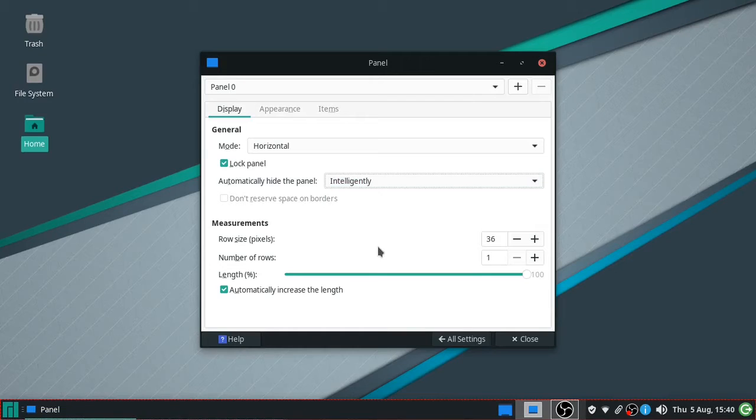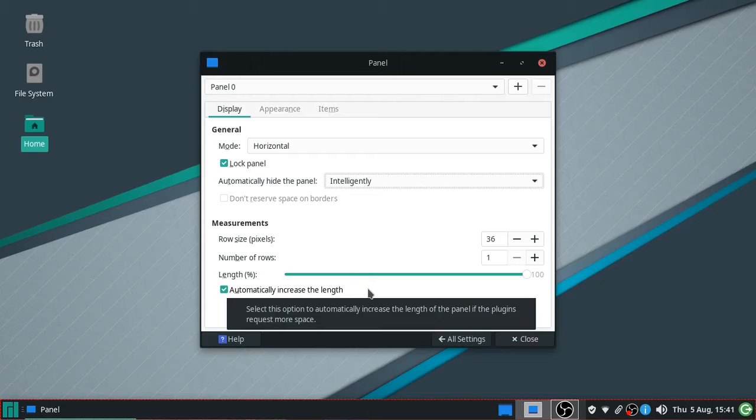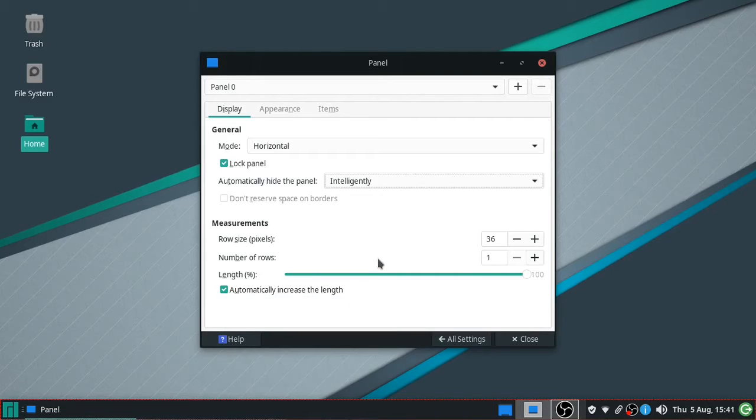Measuring, you increase the row size. You can also increase the number of rows. Increase the length of it, at 100% currently. Automatically increase the length. Wonder if you wanted to change this into a dock, you could do that. Looks like you should be able to do that, huh? Let's